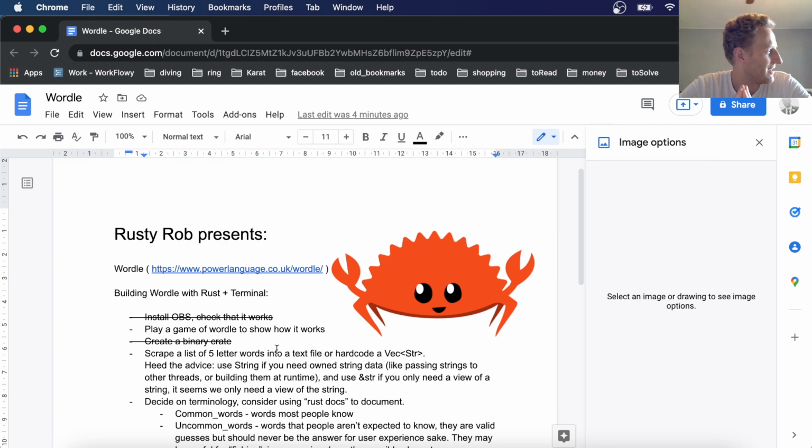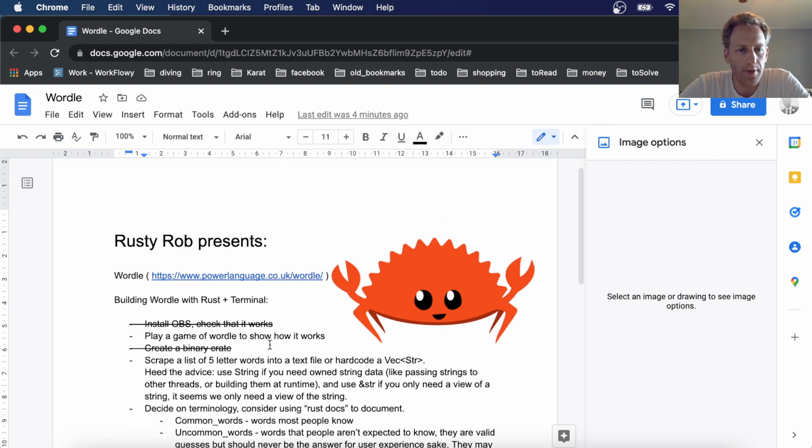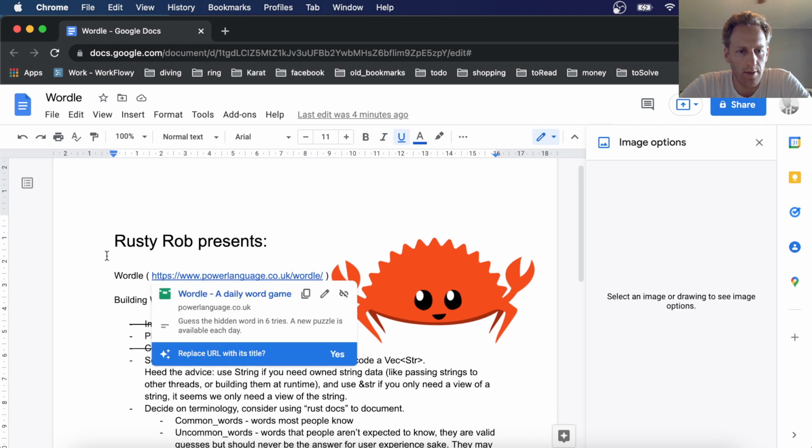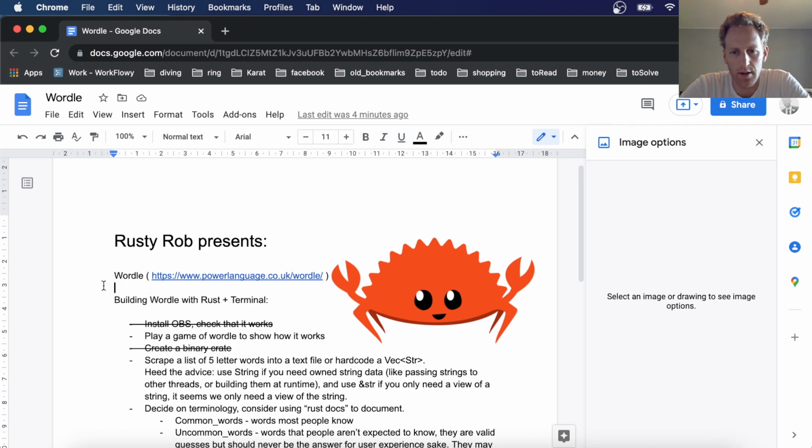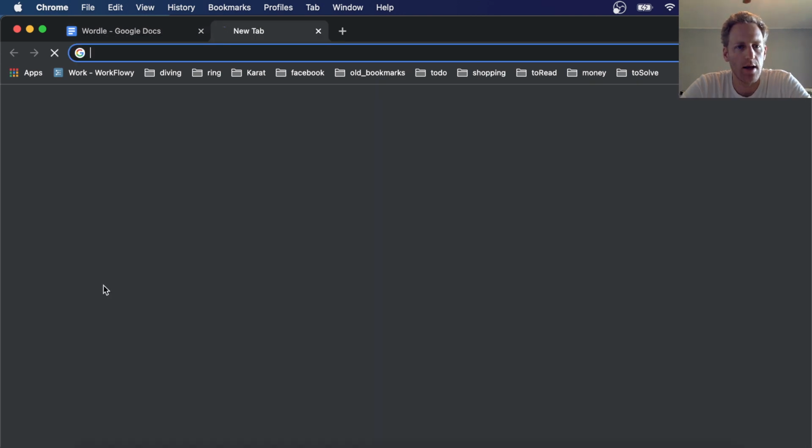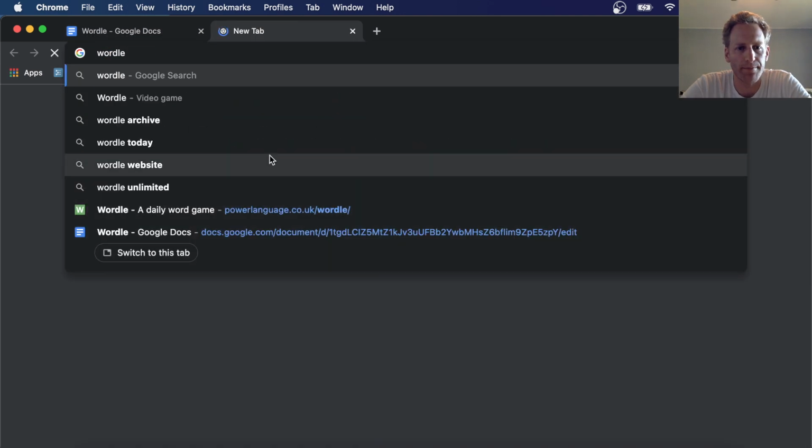This should be pretty easy for anyone to follow along, as I won't be using any advanced Rust concepts, I don't think. Now Wordle, for those that don't know, is a game that's become pretty popular recently, and it's a simple game, isn't it? And so I thought it could be a good little task to implement it with Rust. So if I go Wordle,